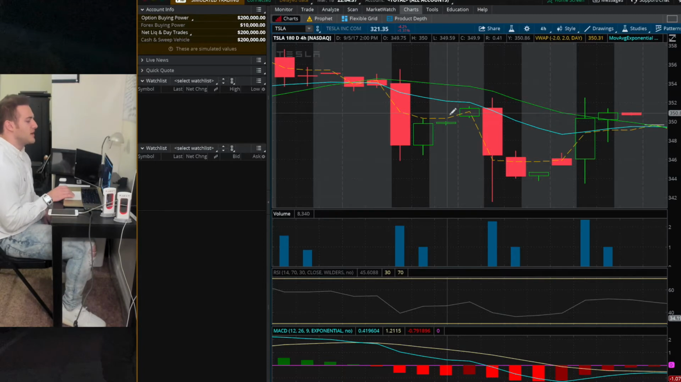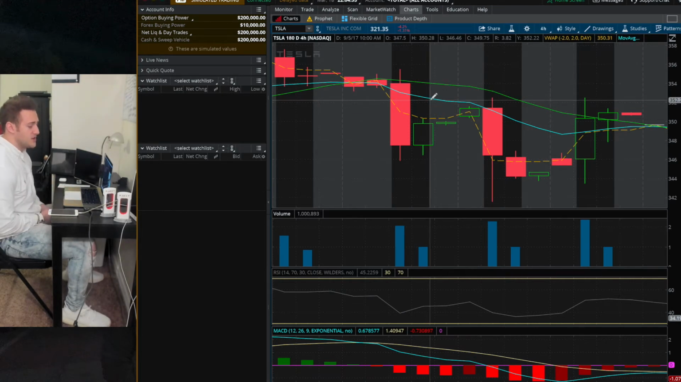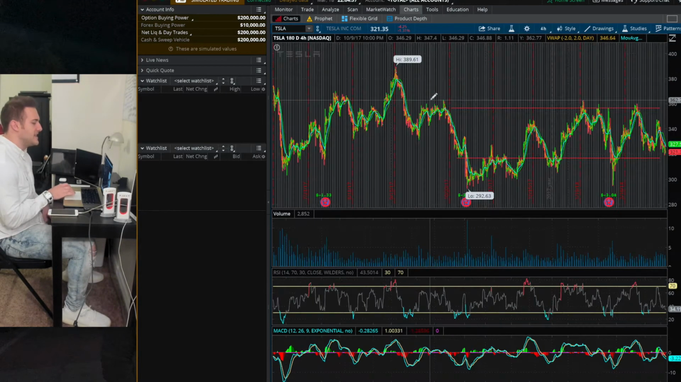Now, the next thing that we're going to talk about, this is the golden VWAP. That's for day trades and things like that. I'm not going to go over that in this video. We will potentially talk about that a little bit later in another video. But we are going to talk about the exponential moving average. Now, I like the exponential moving average a lot in terms of swing trades because it's going to give you